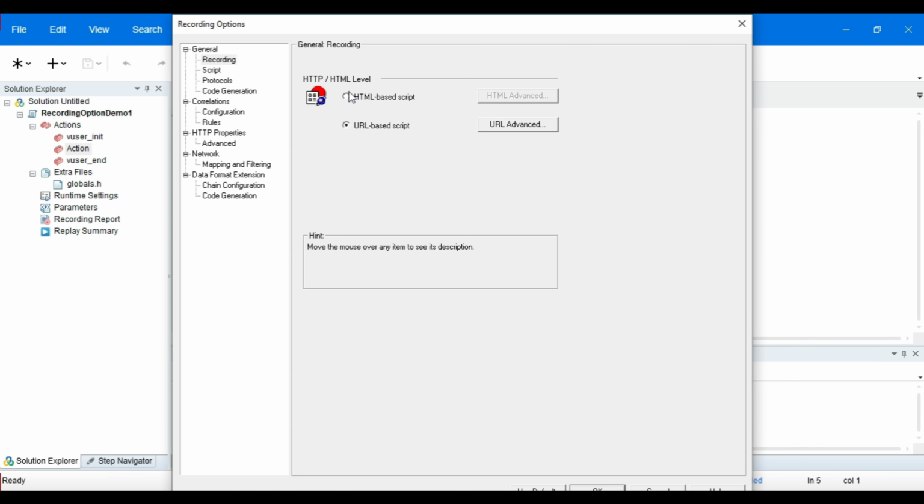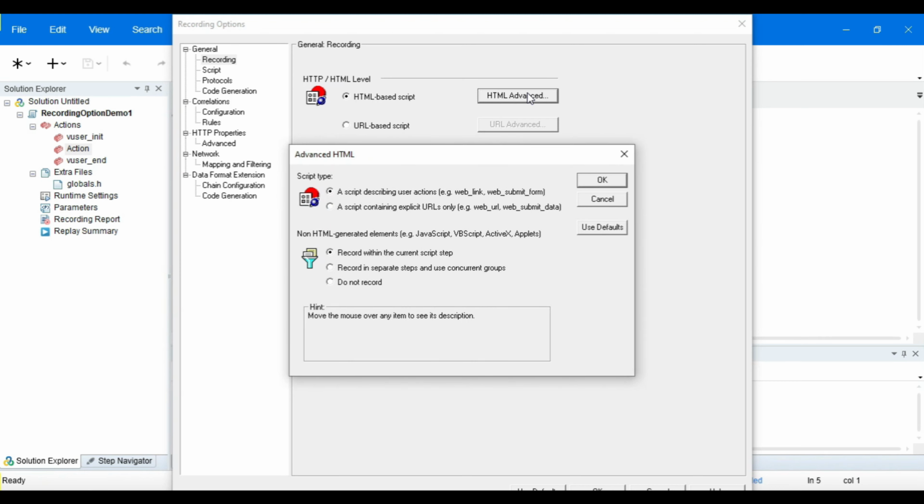Now let us see, here you can see something called Advanced, right? So let me click back the HTML-based Advanced. Here you can see this button, HTML Advanced. What is this? Once we click this, the Advanced HTML box opens. So here we do have several options. Let's see what they are. So first,